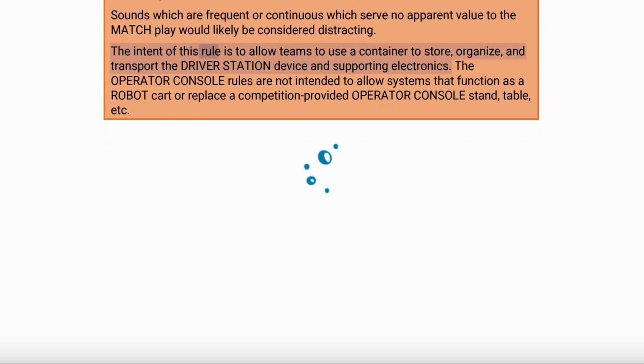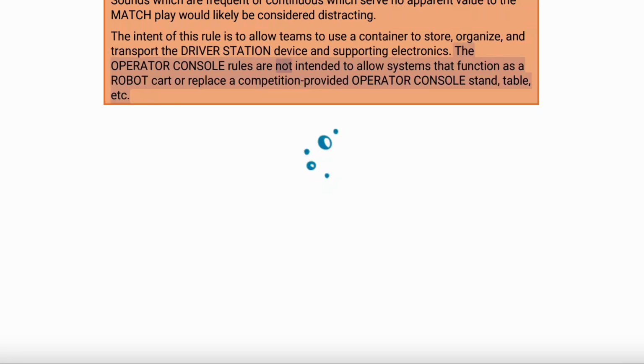The intent of this rule is to allow teams to use a container to store, organize, and transport the driver station device and supporting electronics. The operator console rules are not intended to allow systems that function as a robot cart or replace a competition-provided operator console stand, table, etc.,